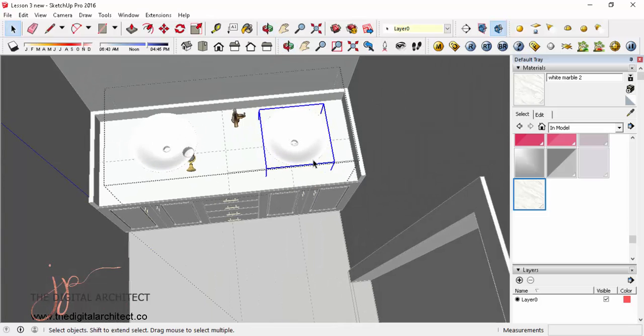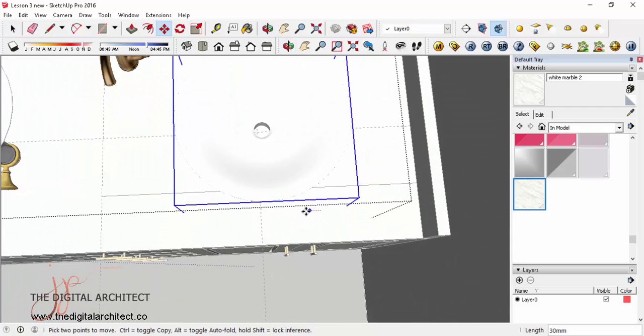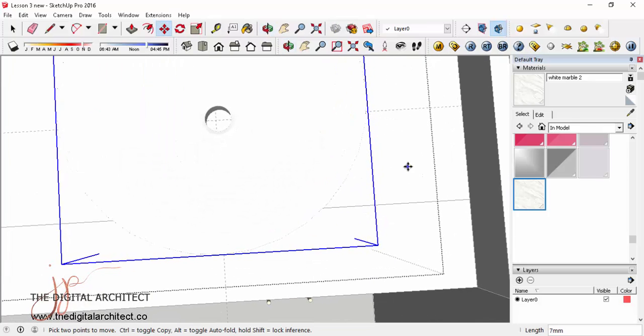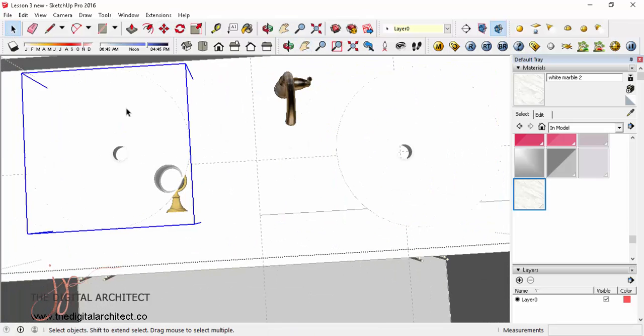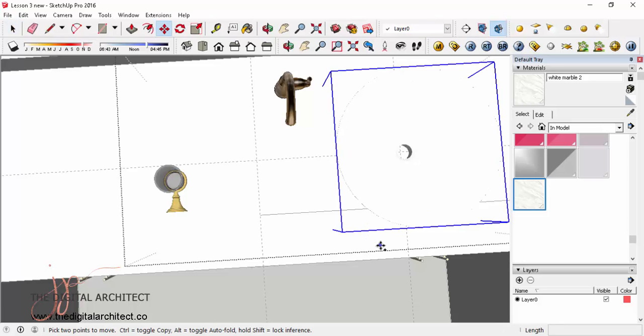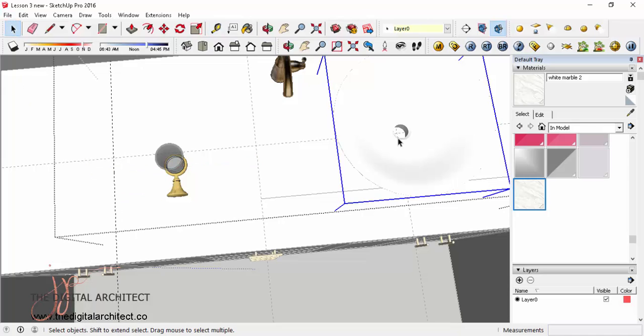So edit group. Let's move this to where the center is. So we will see the center right there. Just a little bit more. Okay, there you go. So that's the center. You can just delete this and copy it again. So M, control. Oh, let's get the midpoint again. This is 435. So let's do another 435 guideline. Okay, so copy, M, control,